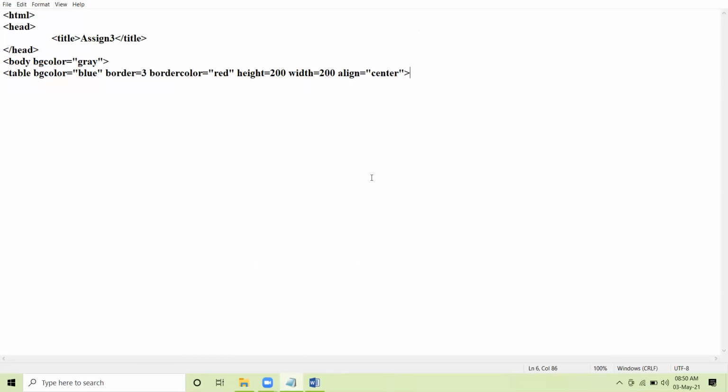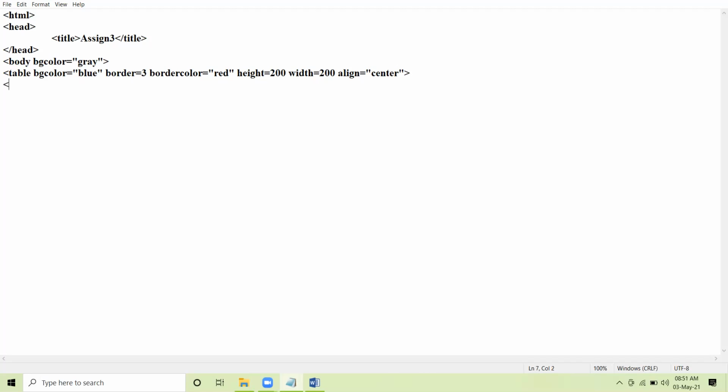Now this align attribute which I have taken inside the table, it will bring the entire table in the center of the web page. But let me tell you one thing, it will not affect the data of the table.